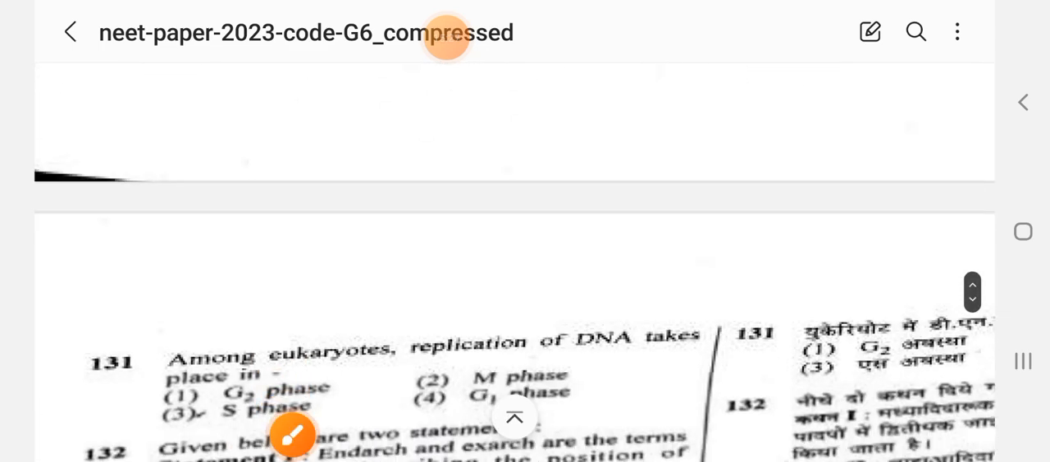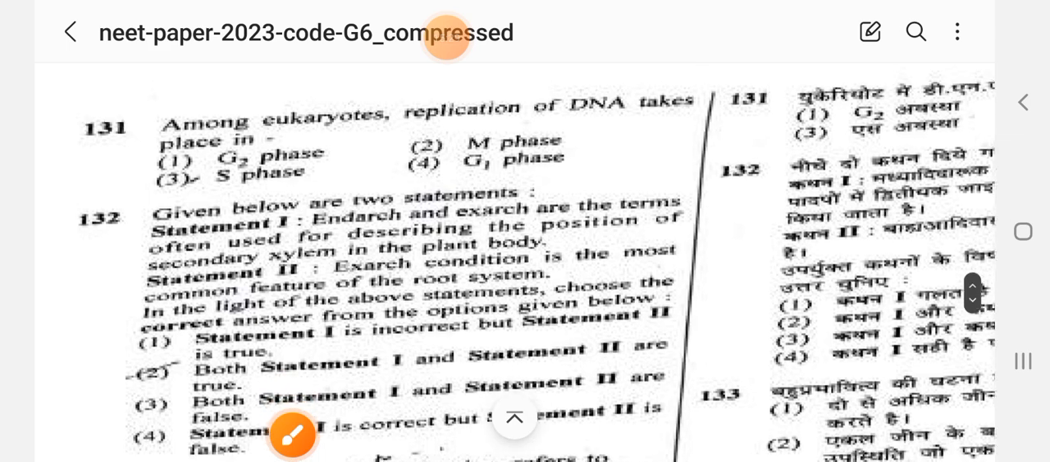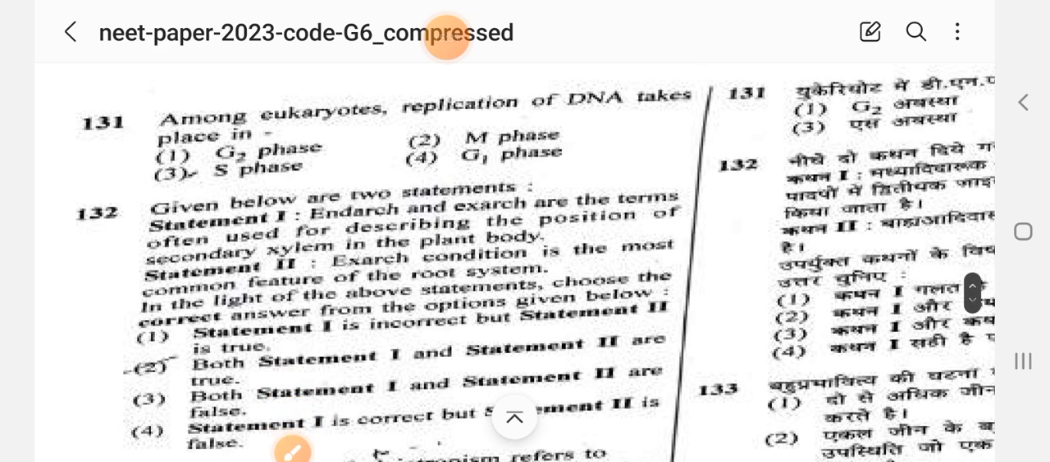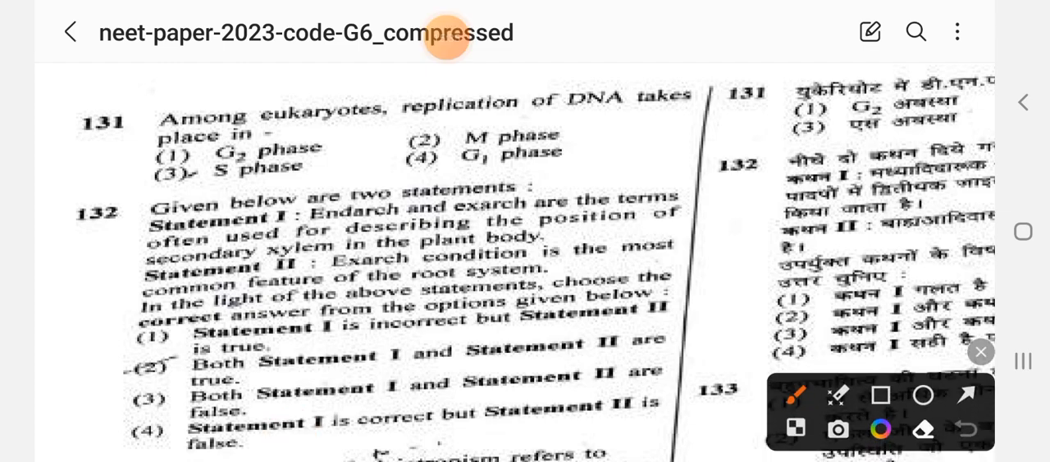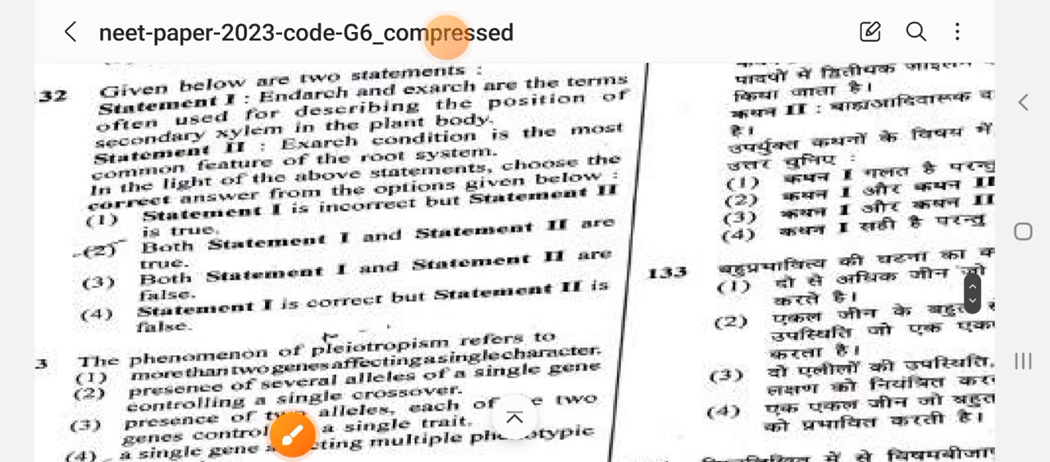Second answer होगा. So among eukaryotes, replication of DNA takes place. It takes place in S phase. The third answer होगा. So first, next is